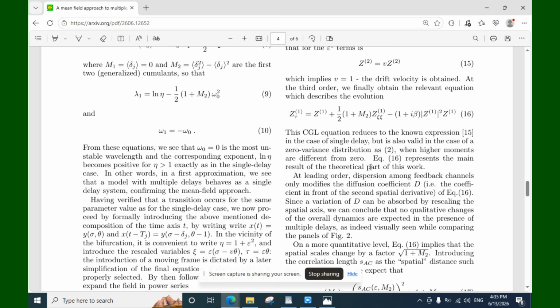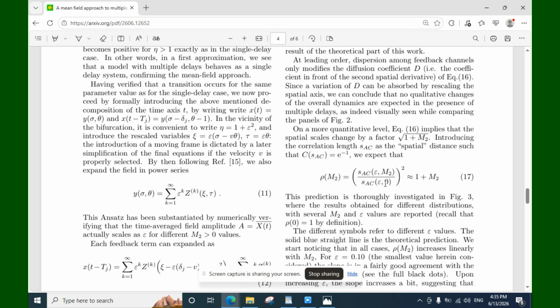Since a variation of d can be absorbed by rescaling the spatial axis, we can conclude that no qualitative changes of the overall dynamics are expected in the presence of multiple delays, as indeed visually seen while comparing the panels of figure 2. On a more quantitative level, equation 16 implies that the spatial scale changes by a factor square root of 1 plus m2, introducing the correlation length SAC as a spatial distance such that SAC is equal to